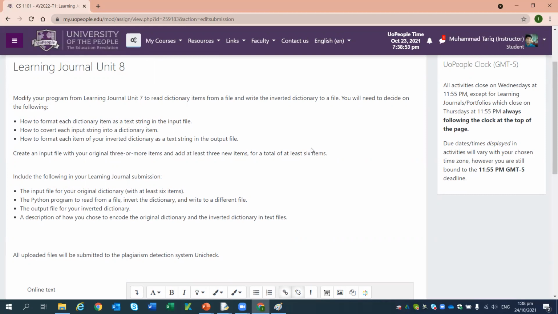And through this forum, I want to let you know that please try to attempt your exam as soon as you can. Please don't wait for the last day of your exam, because the majority of students just wait for the last day, and on the last day